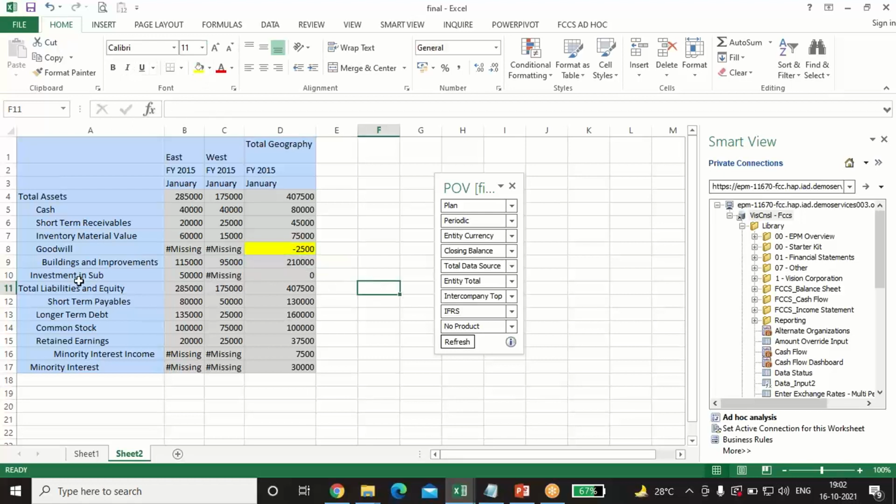Okay, it should ignore the investment. Okay, it is ignoring. See, 50,000 was the investment amount. It is not taking it, the amount is eliminated while calculating the consolidated balance sheet. And common stock only of parent company comes, so it is taking the common stock of parent company only. Okay, my retained earnings are 37,500.